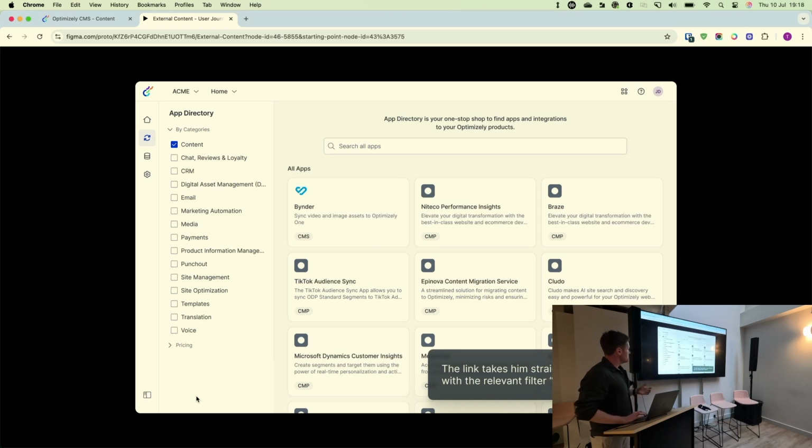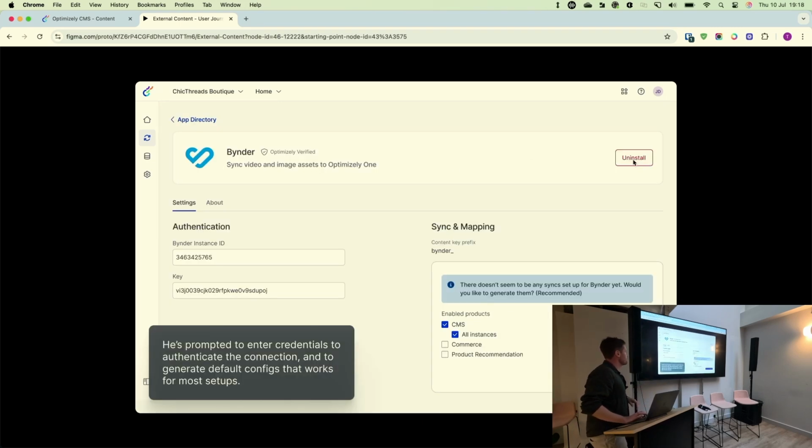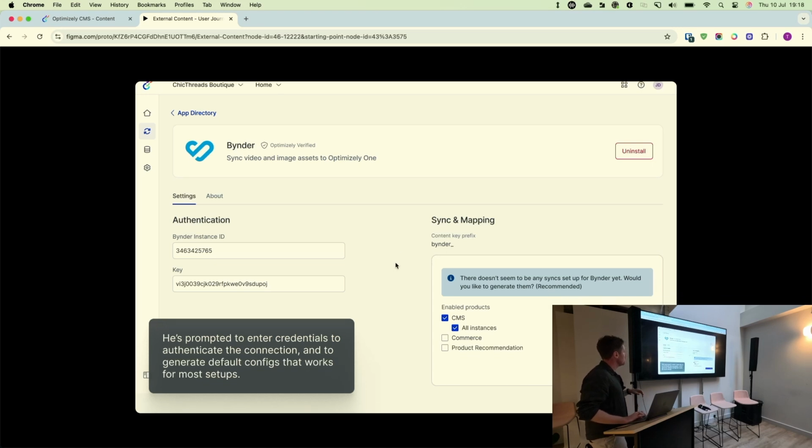So what you're going to do is hit Add External Sources. You're going to come over here. This is now in OCP, which we'll see shortly. We come to Binder, we follow the install steps, and essentially, you can see we've now plugged in Binder. You're prompted to enter those credentials, and we start to map Binder assets into CMS. Now, I'm going to show you the happy path, and then I'll show you the slightly unhappy path. In this example,